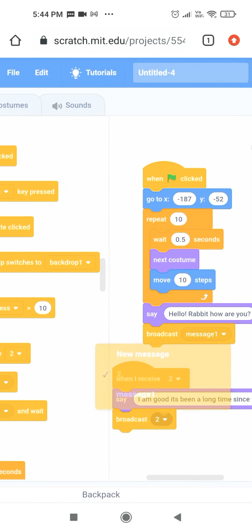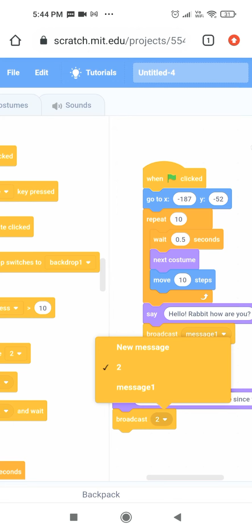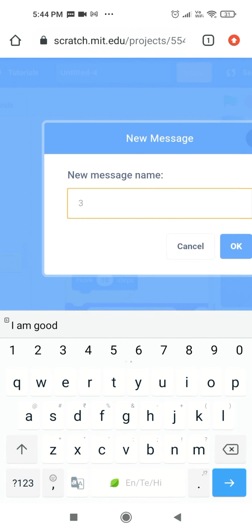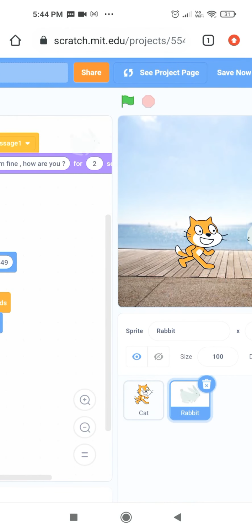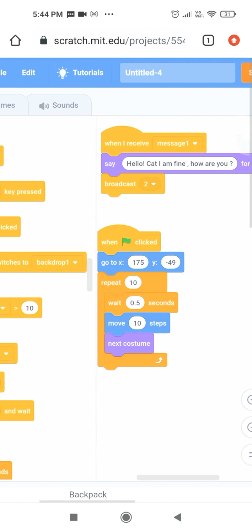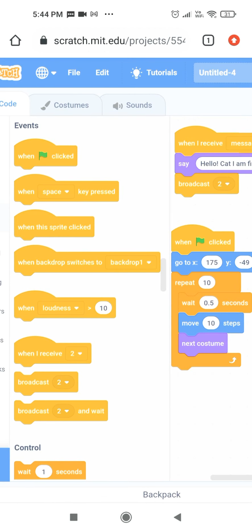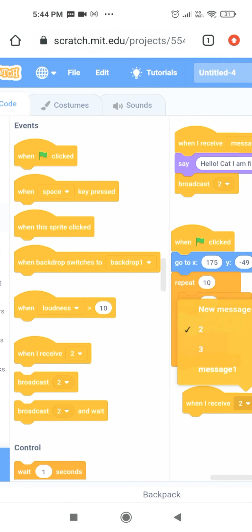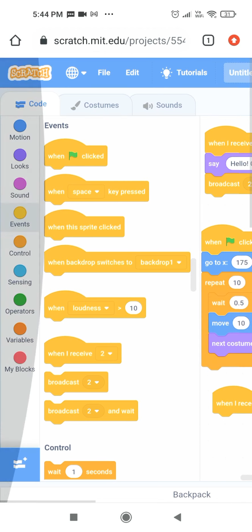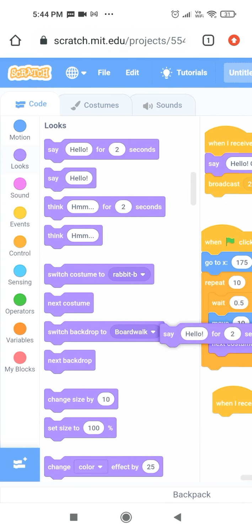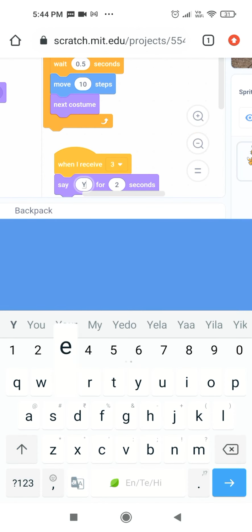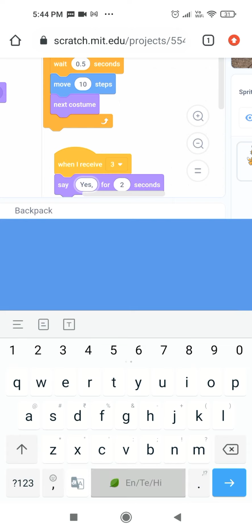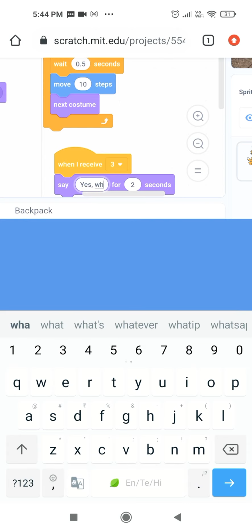We have to change the message number 2 into message number 3. I'm going to type new broadcast message number 3, and the rabbit should say yes. So when I receive message number 3, say, Yes, when did you come here?